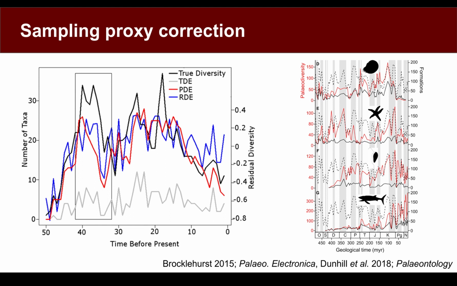The one on the right is a paper that includes both simulated and empirical data sets. Again, it looks at using these sampling proxies, things like the amount of sedimentary rock. I think more specifically it looks at the number of formations, which is another common proxy that's been used. They suggest that if we do that, you can often throw out some of the original data too. So it can be a bit dangerous, in that you can lose some real biodiversity signal by trying to regress out sampling, which you don't really want to do.